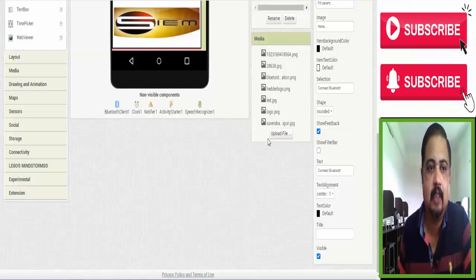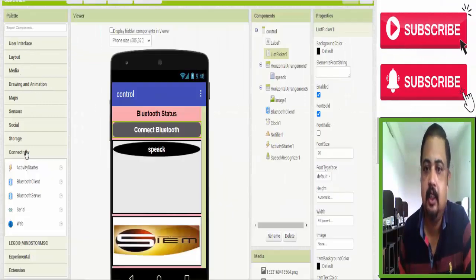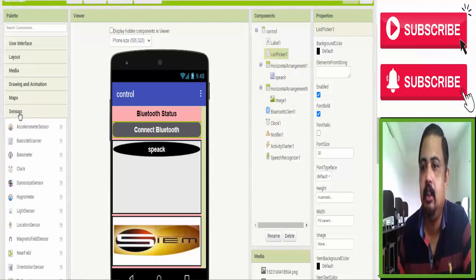You can take them from the Connectivity section: activity starter, Bluetooth client, Bluetooth server. And the clock you can get from, one second, the Sensors, so the clock you can get from over here. In that way you can get everything.